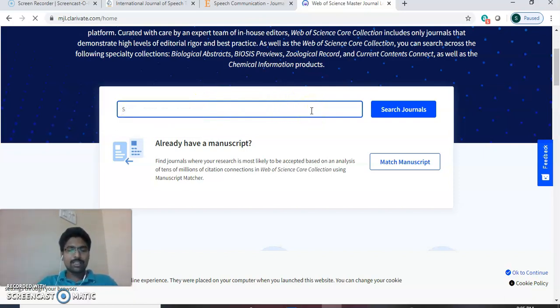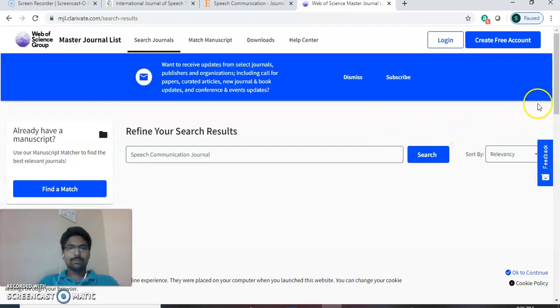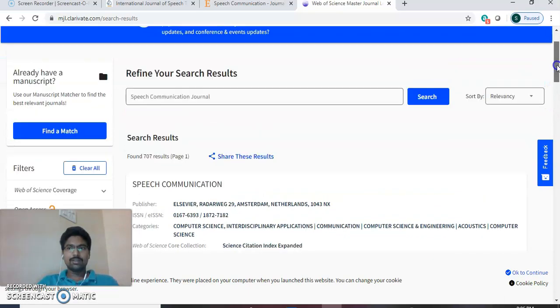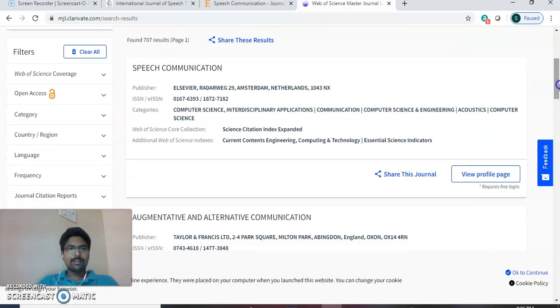Here I want to know whether the journal is SCI indexed or not: Speech Communication journal. And click on search. It is giving the information: Speech Communication, Elsevier publications, and it is a Science Citation Index Expanded journal. So like that you can see the SCI indexed journals on this website.